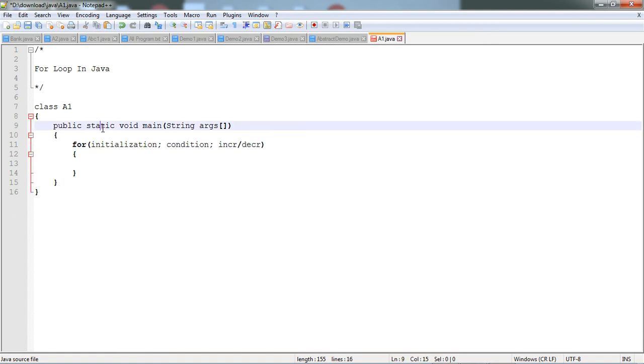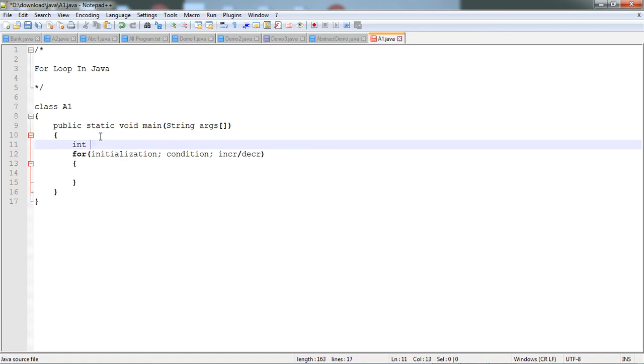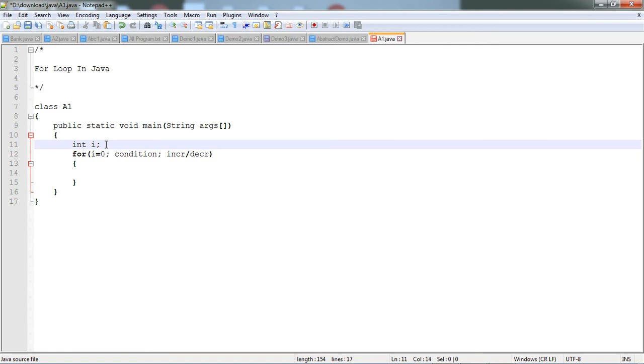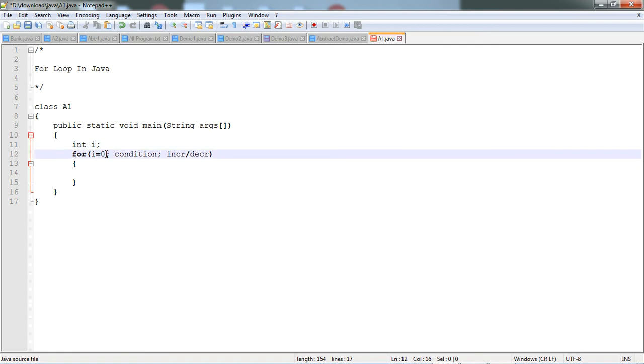Initialization means what? As you learned in C or C++, you declare one variable, i equal to 0. So what is this i equal to 0? It means initialization of the i variable with value 0. Okay, so I copy this and initialize here i equal to 0. Whatever value you want, you can place here.